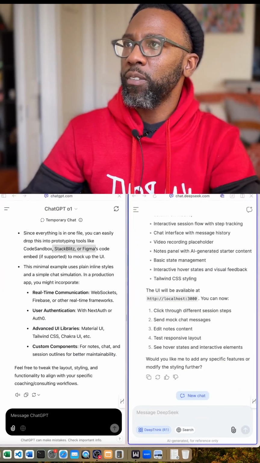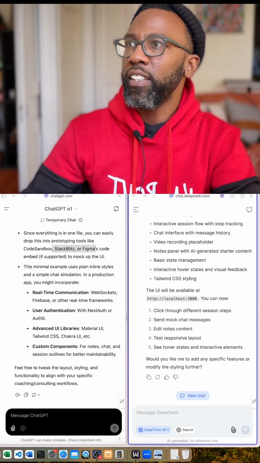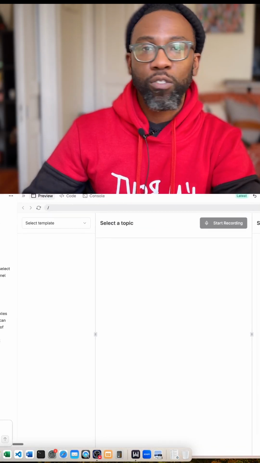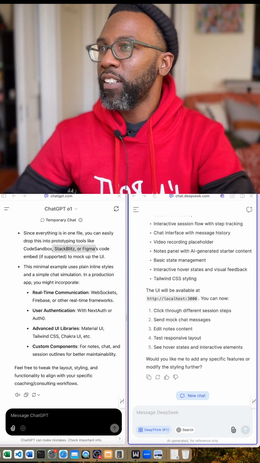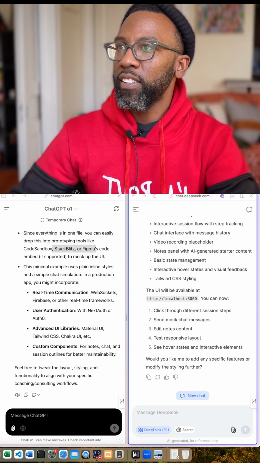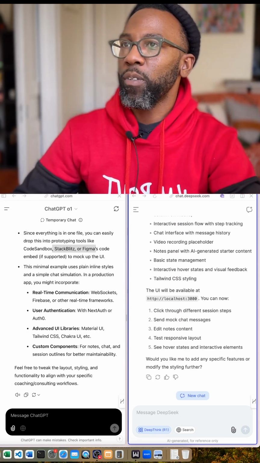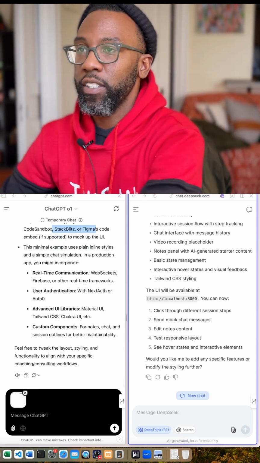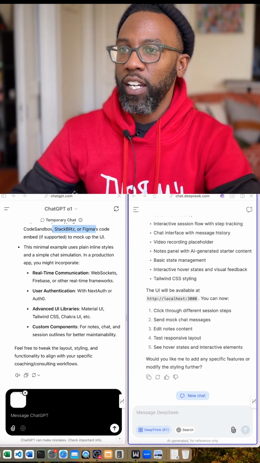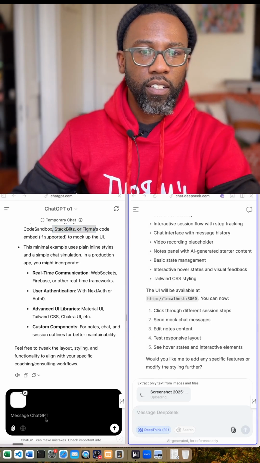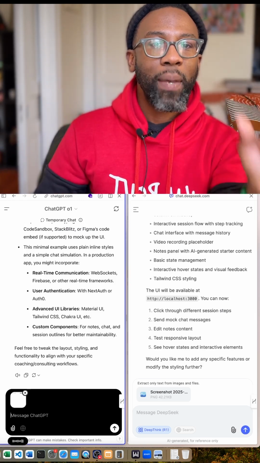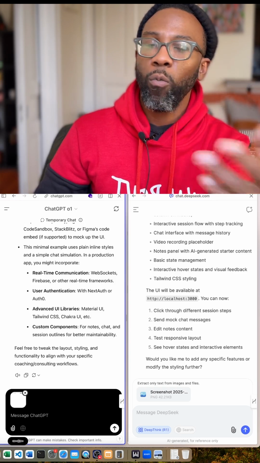Let's just see, while we have this, I'm gonna give a picture to it. Let's see what happens if we take our original tool that we had and we give a picture of it and we see what it does to help refine it. So I'm gonna take a screenshot and I'm gonna put the screenshot here for ChatGPT, and then I'm gonna put a screenshot here for DeepSeek, and I'm gonna say, refine your answer based off of these mock-ups or wireframes or